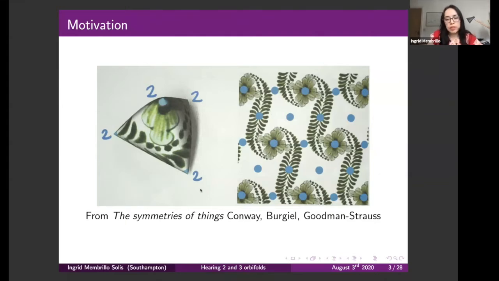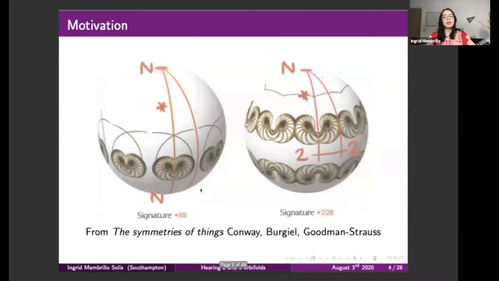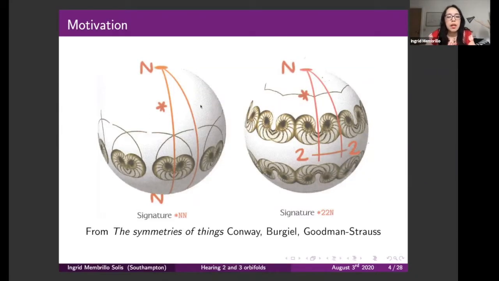But this is not the only case. Wallpapers are where we can construct orbifolds, but now I'm showing the case of spheres. Again, we can think of putting some nice decoration on a sphere, then try to see what the symmetries are in this decoration, and then quotient this sphere by the action of the group of symmetries. So here, for